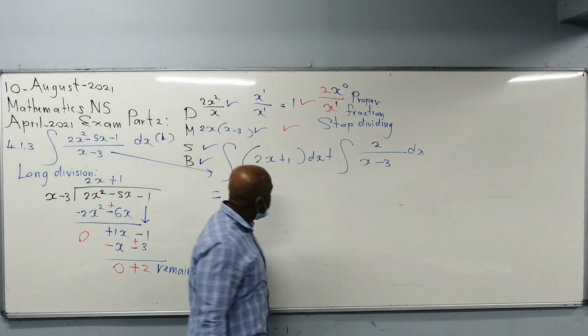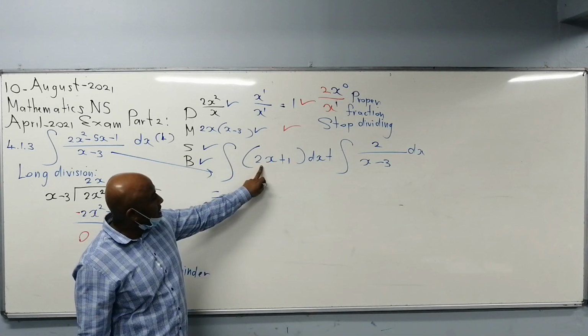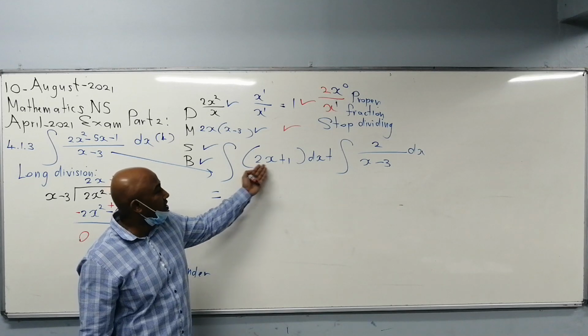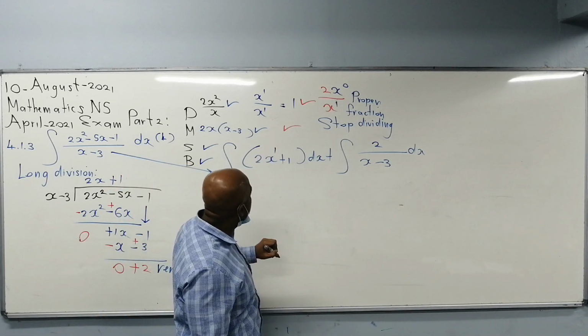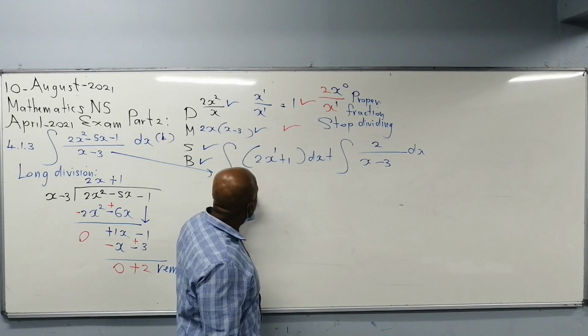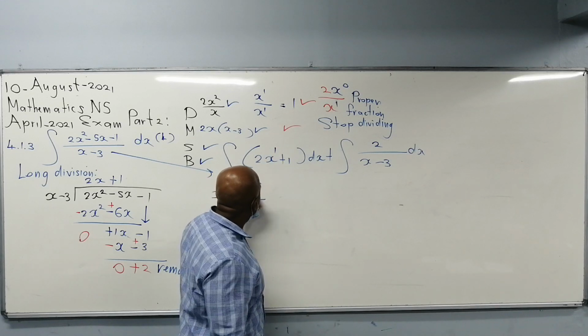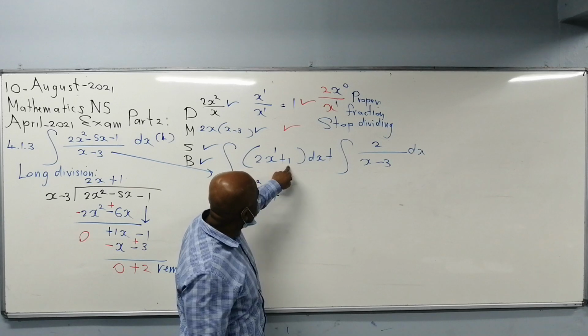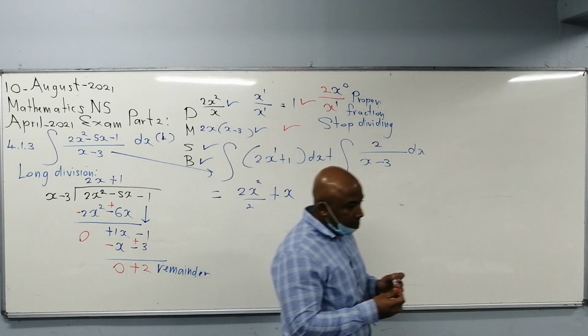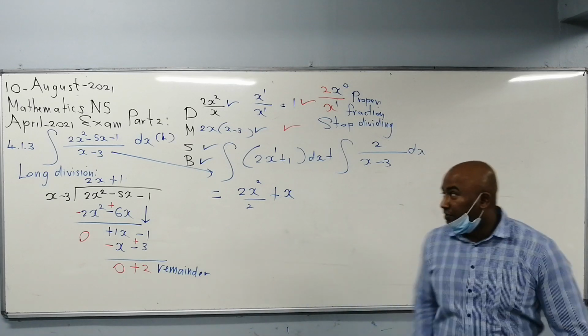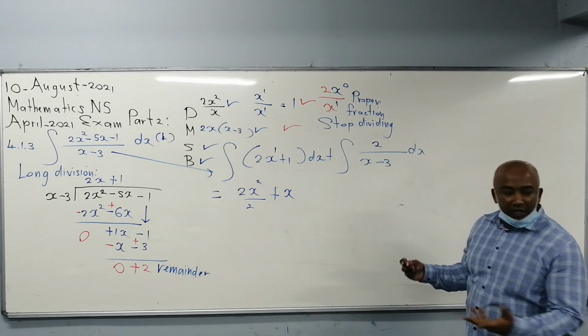Now the integration. How do we integrate here? Simple. This is N4 integration. You can see this is 2x to the power 1. So that's going to be 2x to the power 1 plus 1, over 2, plus integrate 1. Be careful here now. This is not our N4 type, or similar to, but